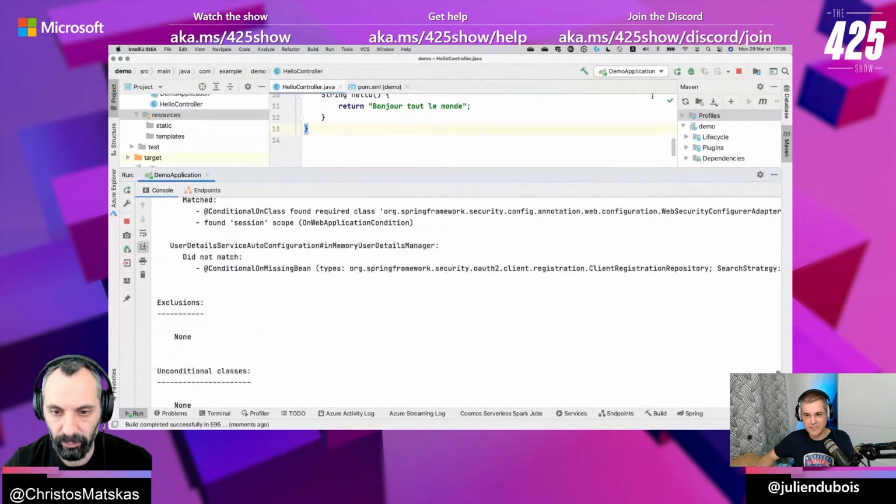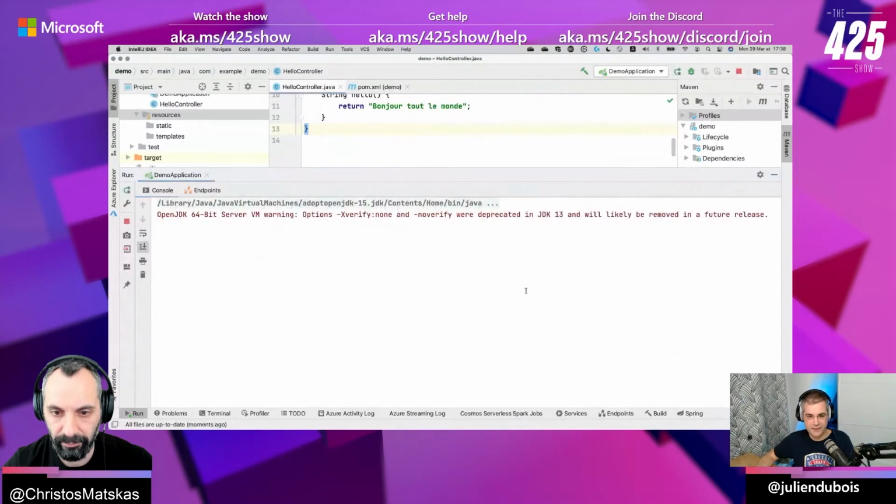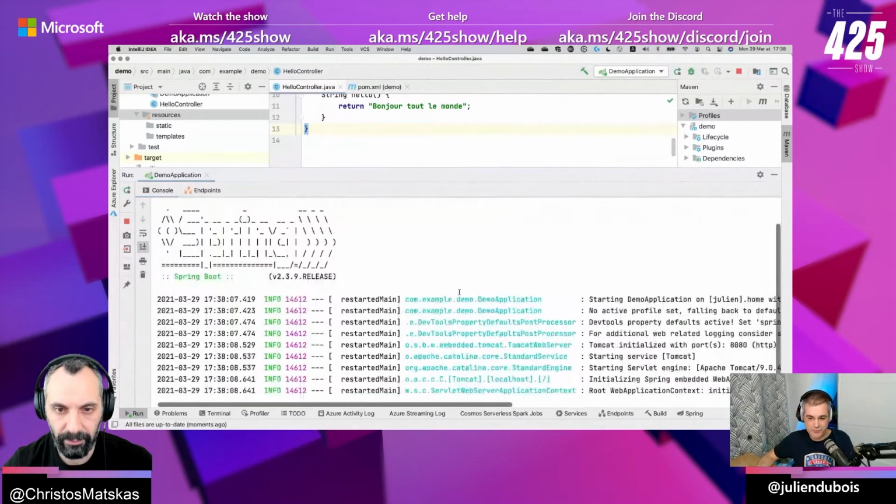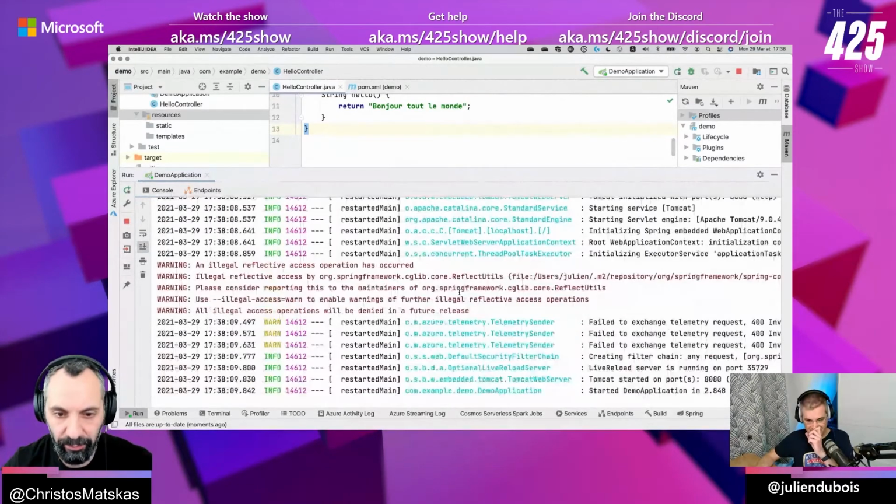Hang on, let me restart completely. Maybe it's the auto reload that failed. Usually auto reload doesn't fail with Spring, but sometimes. So you deleted the file, but did you add them to your environment already? Yes. Yeah, it was probably unhappy because I deleted some file. Yeah, that's probably the issue.